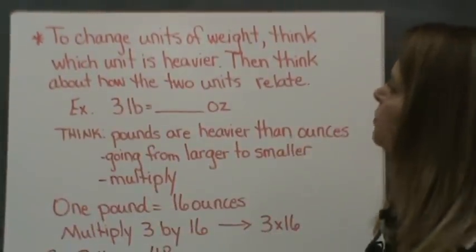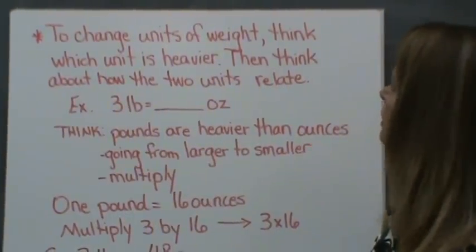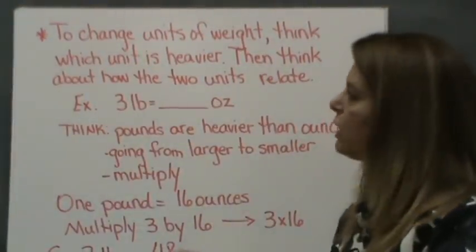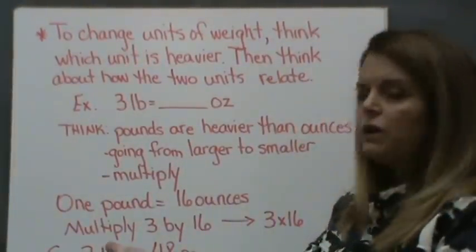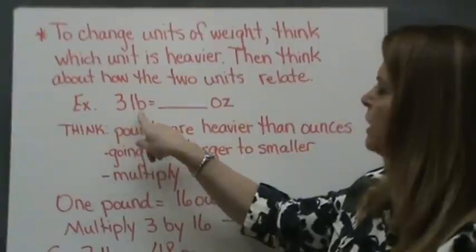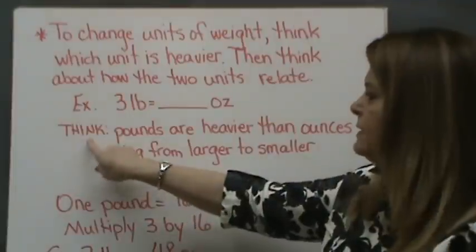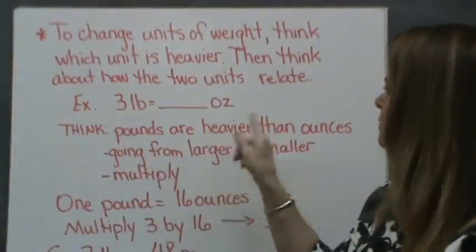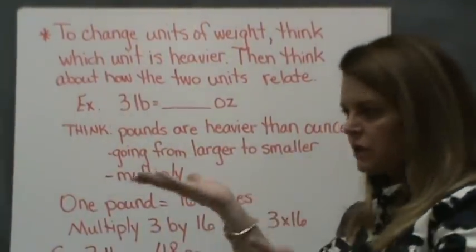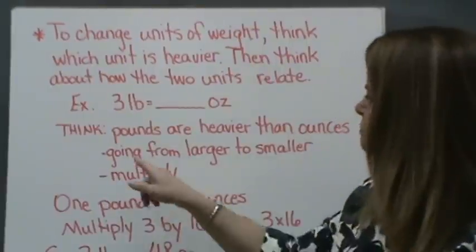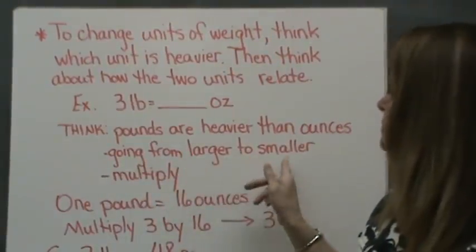To change units of weight, think which is heavier. Then think about how the two units relate. We're converting again from one unit of measure to another. So if I have 3 pounds and I want to know how many ounces I have, I need to think. First, pounds are heavier than ounces. Pounds, a loaf of bread. Ounces, like a paper clip. Going from larger to smaller,